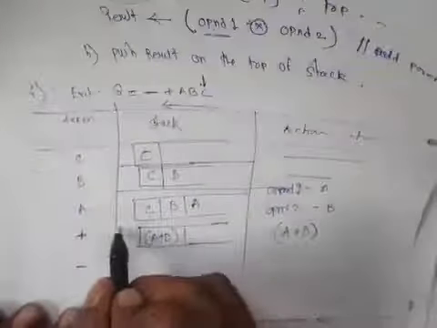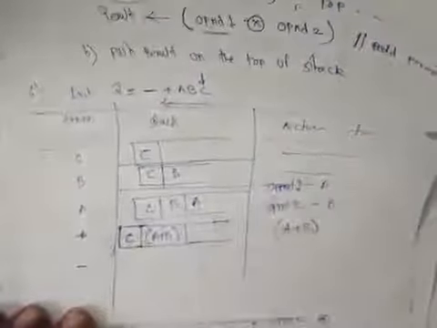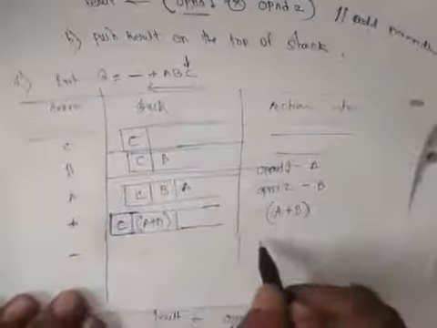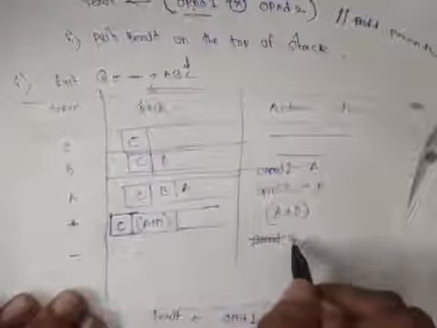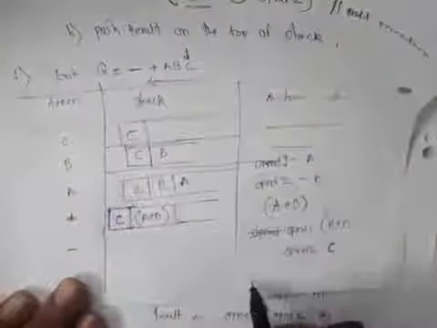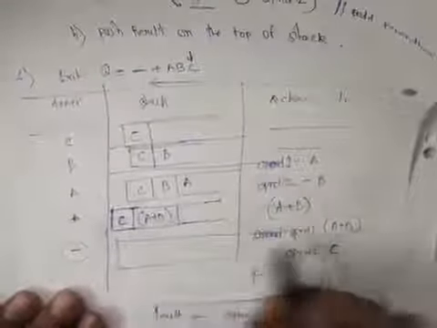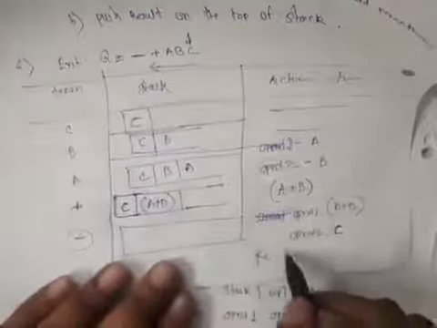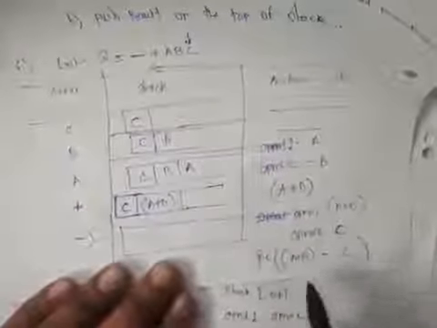Okay. The next token is what? And this is your C. The stack already has C. Now the minus sign: pop the last two operands again. So operand 1 contains A plus B, and operand 2 will have C. Okay, and finally in the result, what are we going to do? We are going to put this operator in between these operands, and finally add parentheses. So what is the result? A plus B minus C, and then finally we put parentheses.